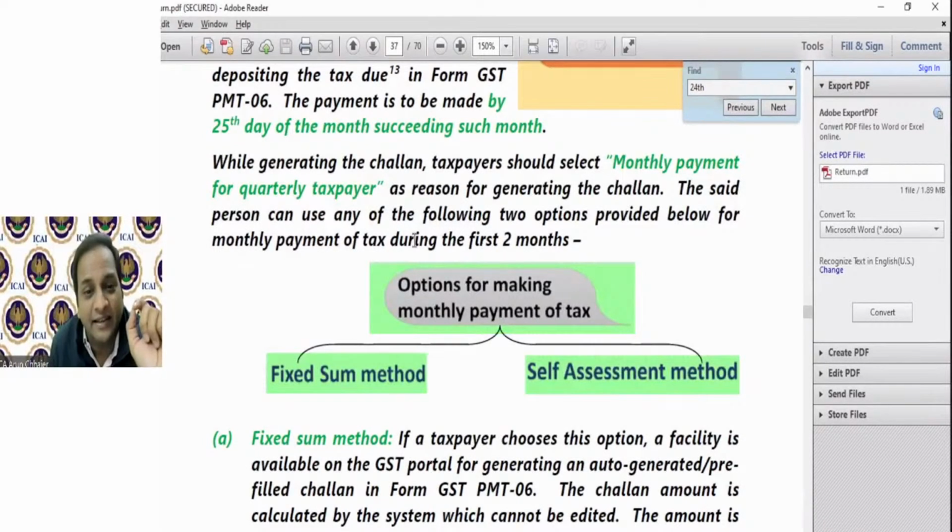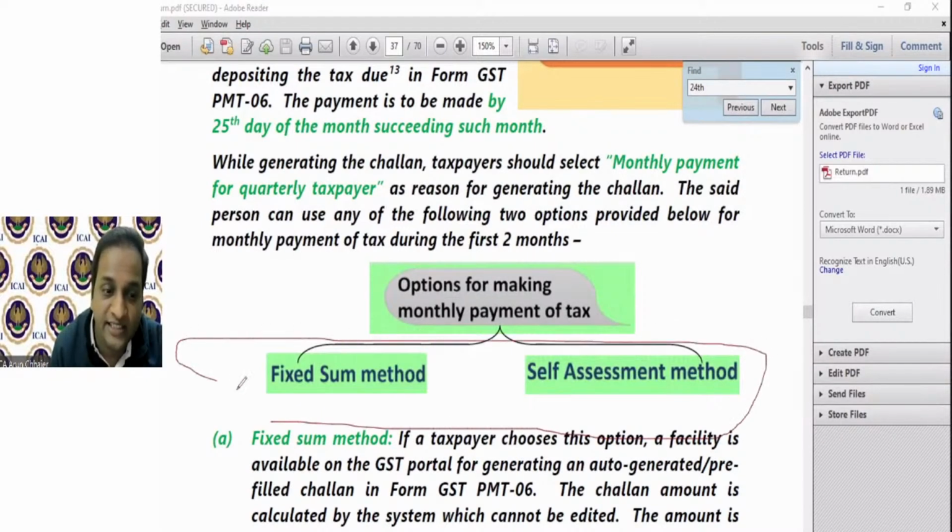अब बात आती है कि अगर मैं QRMP हूं, मैं QRMP ऑप्ट किया है, तो मंथ 1 एंड मंथ 2 में जो टैक्स पे करूंगा, कितना अमाउंट पे करूंगा, इसका ध्यान से सुनिएगा। देयर आर 2 मेथड, फिक्स सम मेथड और सेल्फ असेसमेंट मेथड। इनमें से कोई भी मेथड मैं चूज करके यूज कर सकता हूं मेकिंग द पेमेंट।